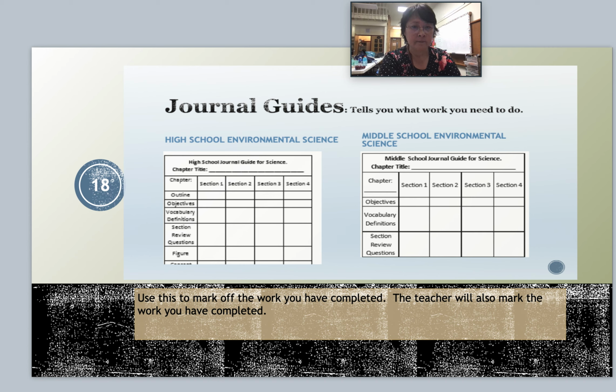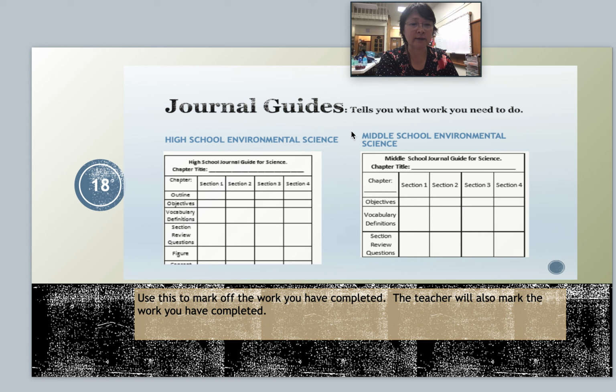Now, utilizing our journal guides, recall that our journal guides tell us the work that needs to be accomplished. And so for high school students, just a reminder that in our journal guide, we are now in section 3, and we will review the outline, the objectives, the vocabulary definitions, the section review questions, and a figure